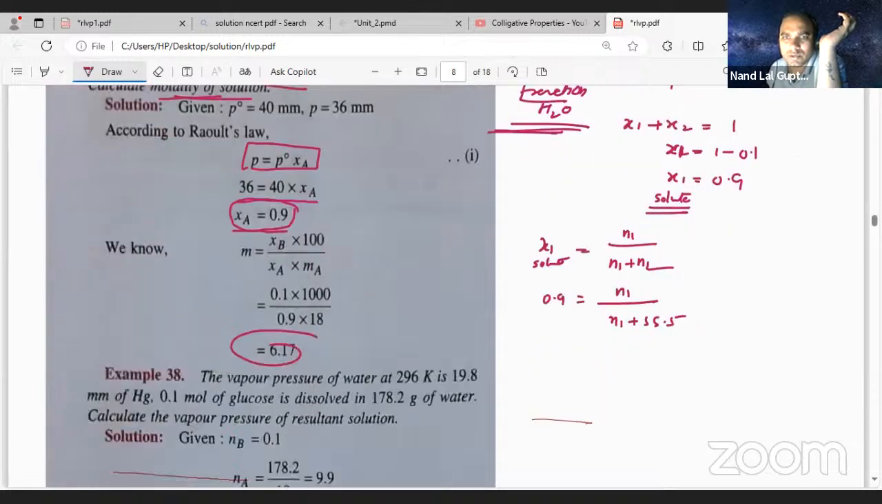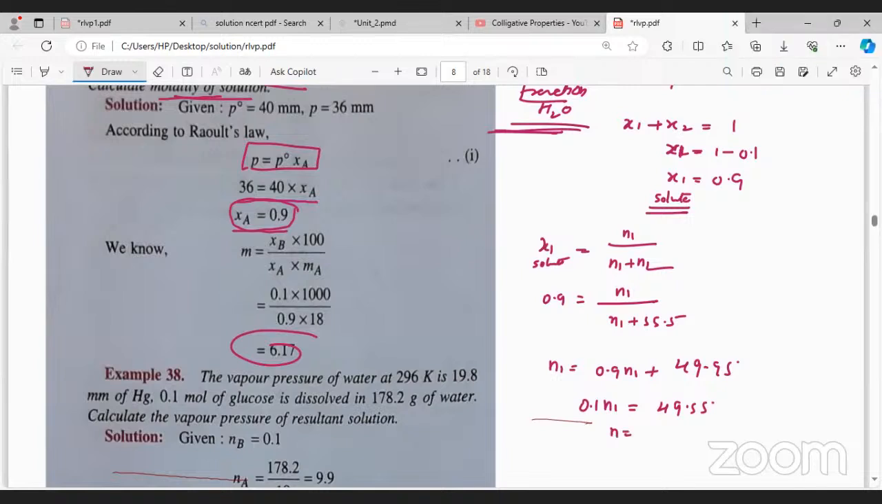So now you can do it here. n1 is equal to 0.9 times n1 plus 55.5. So 55.5 multiplied by 0.9 is 49.95. So 1 minus 0.9, so 0.1 n1 is equal to 49.95. So how much is coming here? So n1 is equal to